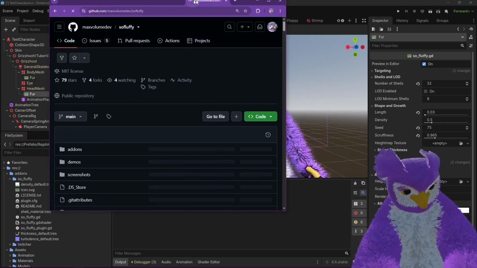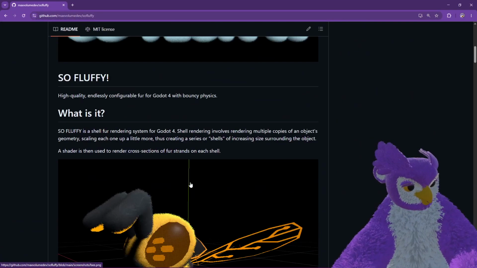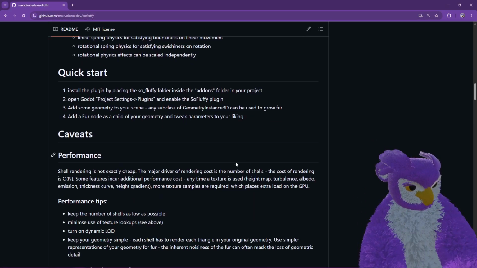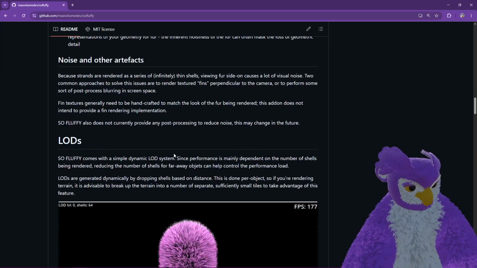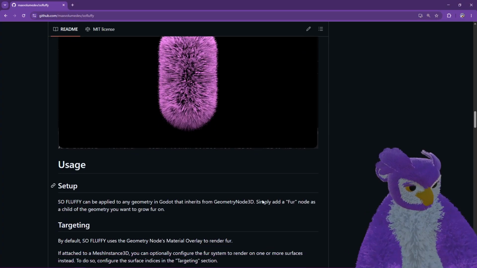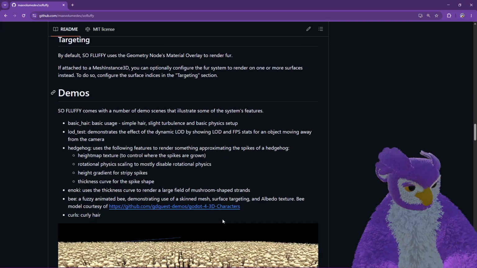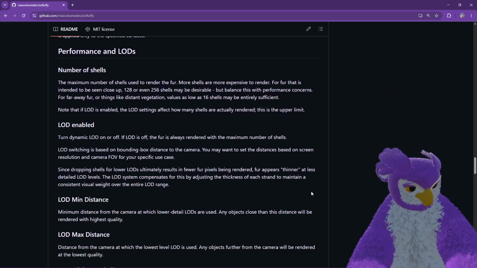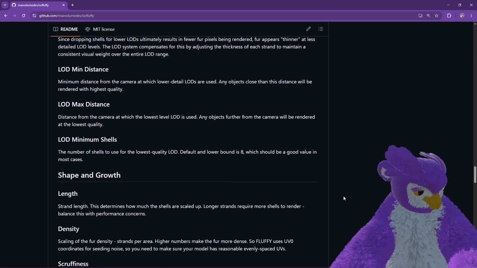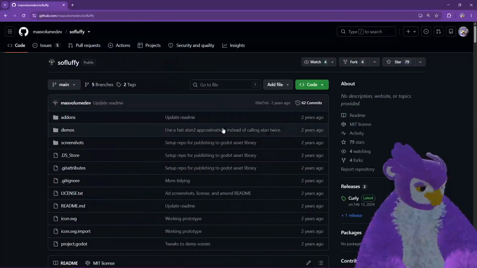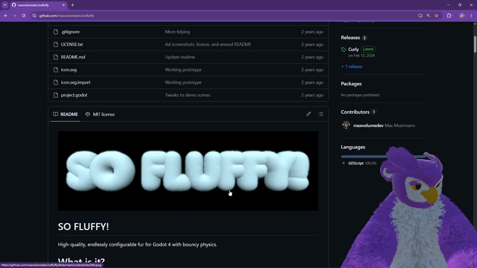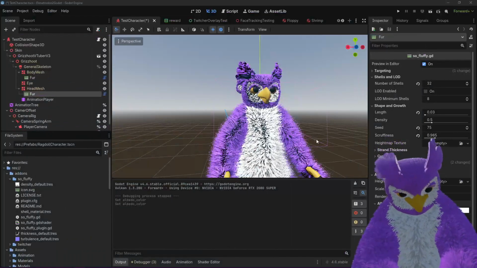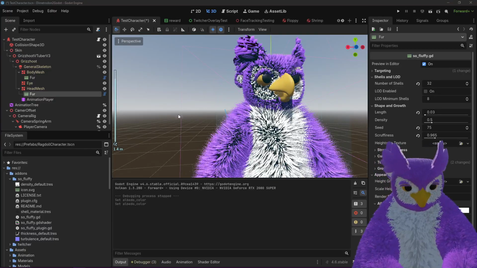Yeah, it is open source, and this is the thing that I'm using. It's called So Fluffy. And I haven't looked into all the settings and everything, but